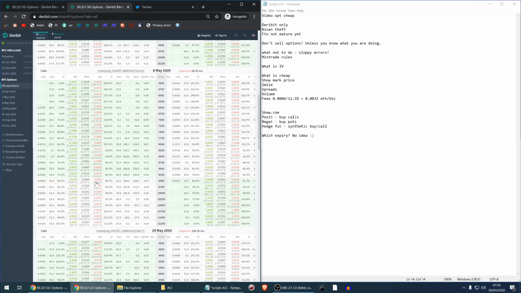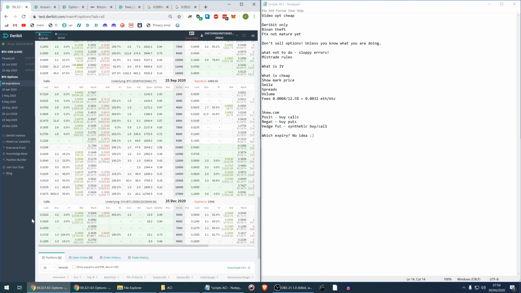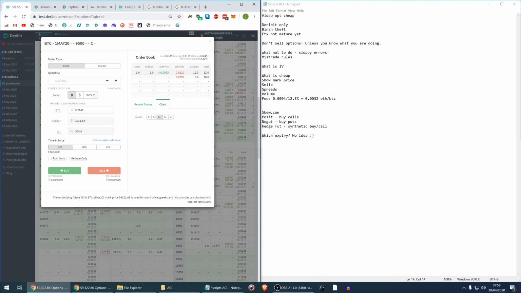This one has a spread of $20, so it's not too bad, but I'm going to tell you about a trick which can help you. This I've checked on the testnet. The testnet is quite liquid, so this will probably not work on the testnet, but it will work on the mainnet. If you want to buy this option, you have established this, you maybe have submitted,